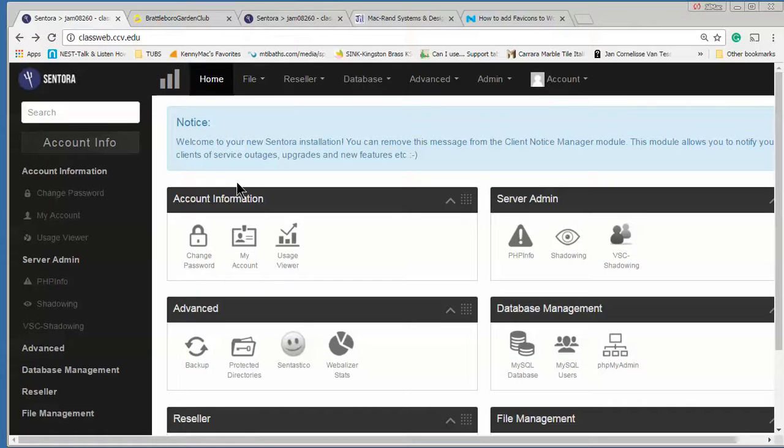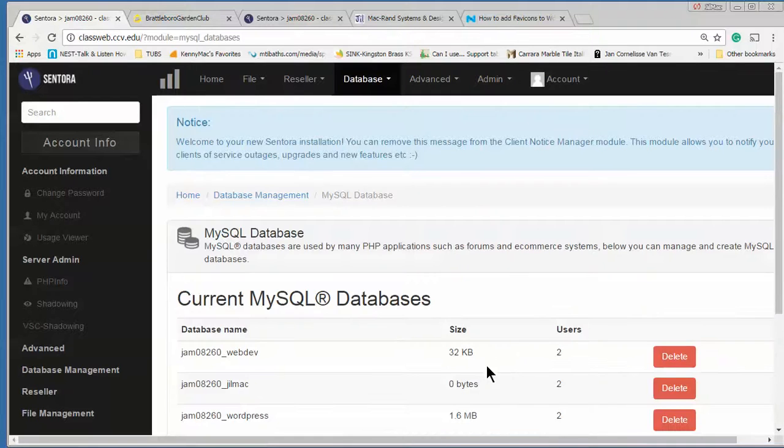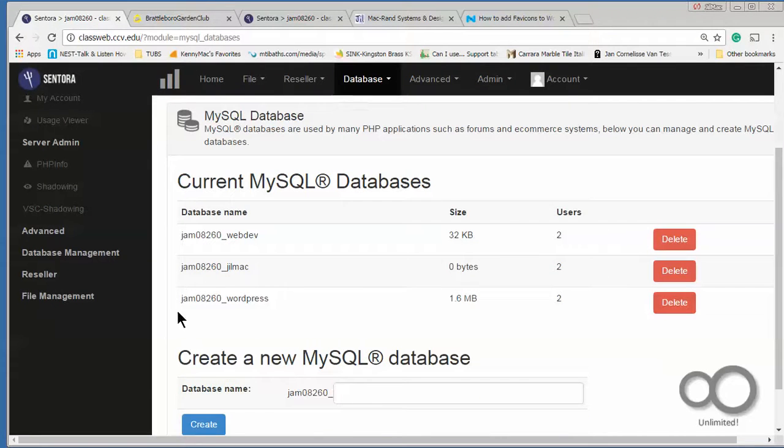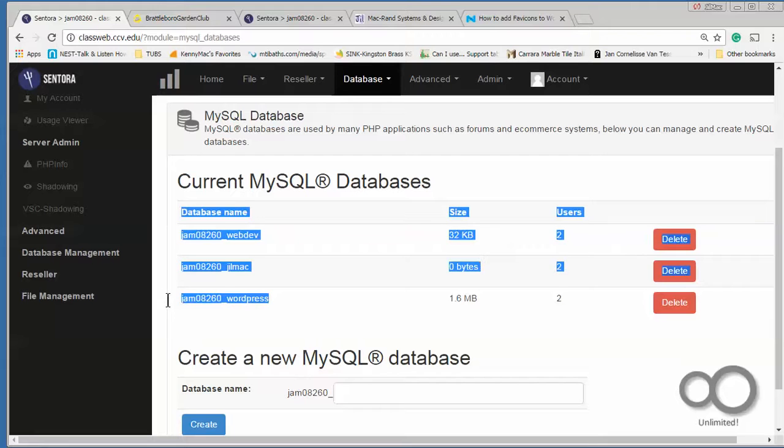So here's Centora when we log in. In order to create another database, first you have to know what the database name is. So when you go into database, mine happens to show me 3 different databases, but you will just have one. Students only have one database, and that's really all you need. So this is the name of my database, JilMac